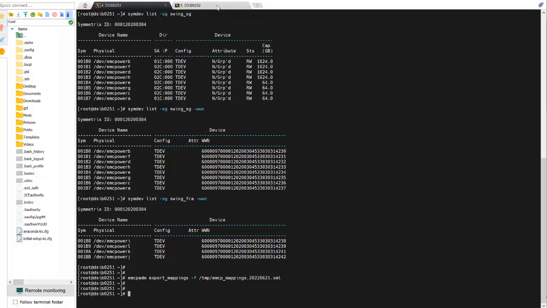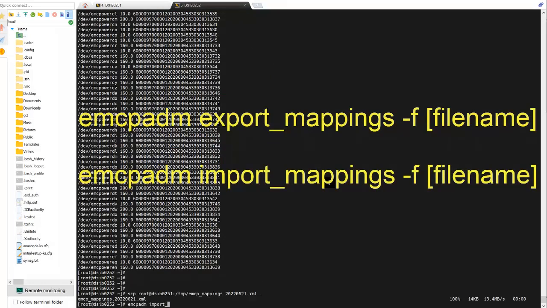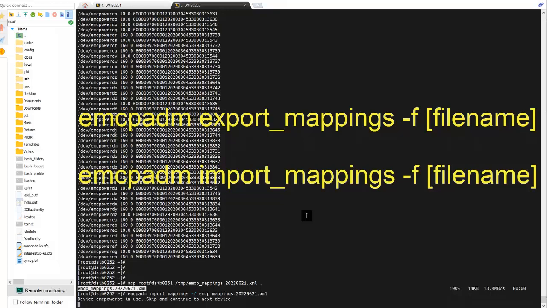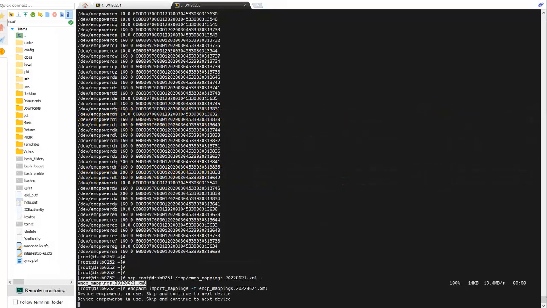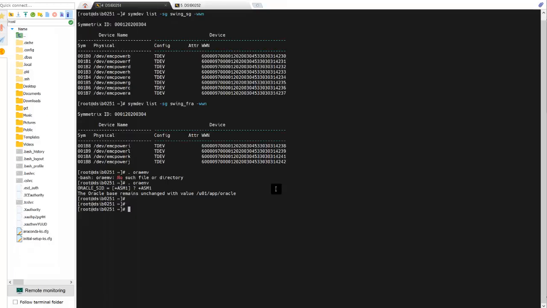But if you want to ensure that volumes have the same device names on each node of the RAC cluster, you can use the PowerPath command emcpadm export_mappings to export the device mappings from the first node, and then emcpadm import_mappings to import those same mappings on each subsequent node. Import mappings can only assign the requested device name if it is not already in use. So if you want to maintain device name consistency across the cluster with this approach, make it your standard and stick with it. With all new volumes presented to all nodes of the cluster, we can use ASM to label